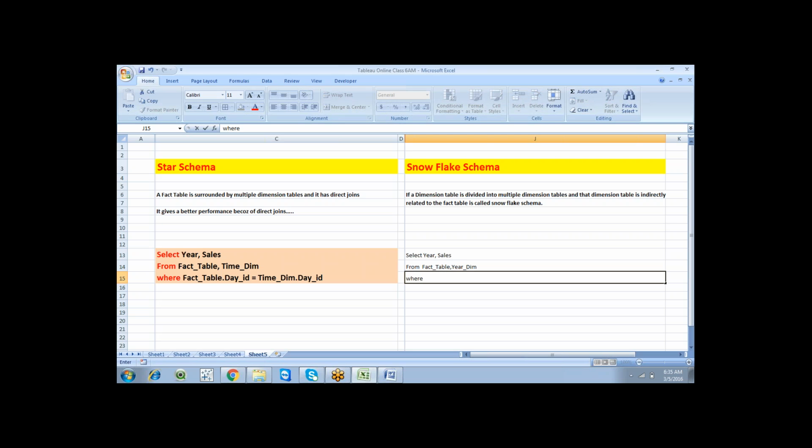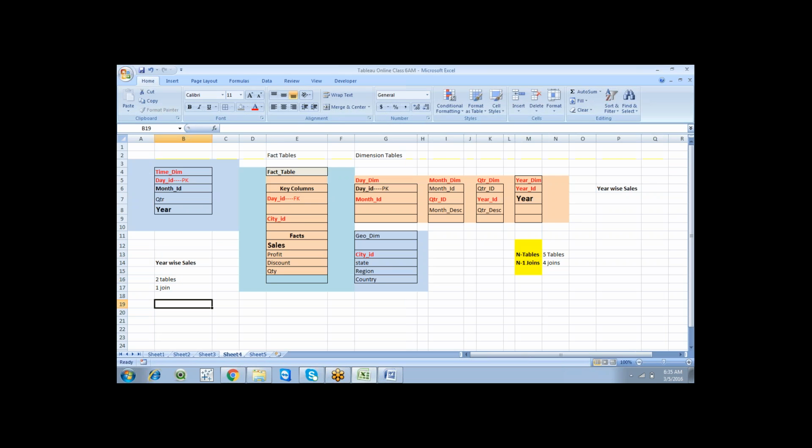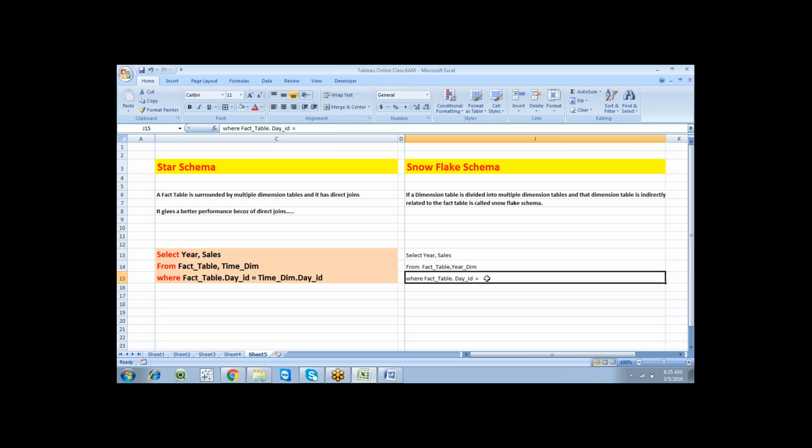where fact_table.day_id equal to, so where is the relationship? Here we have a day id and here we have a day id, so we need to relate these two tables. Then we follow the chain: month and day, then quarter to month, and then year to quarter. So fact_table.day_id equal to day_dimension.day_id.